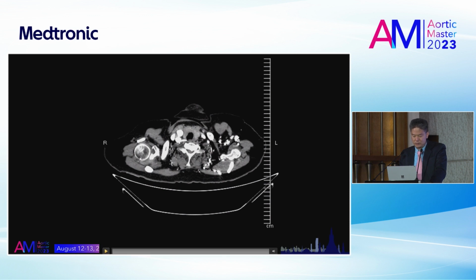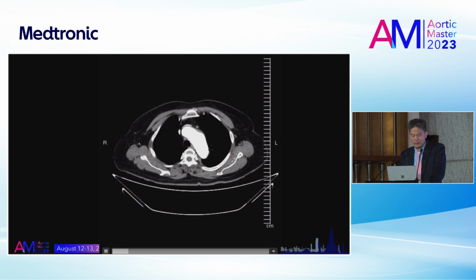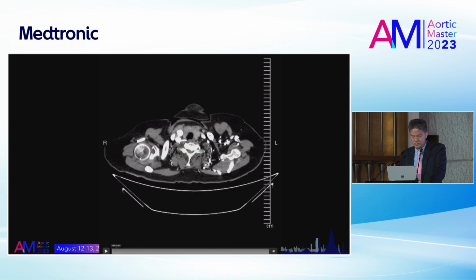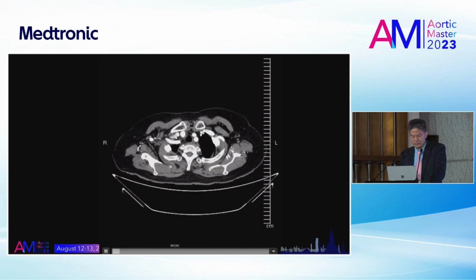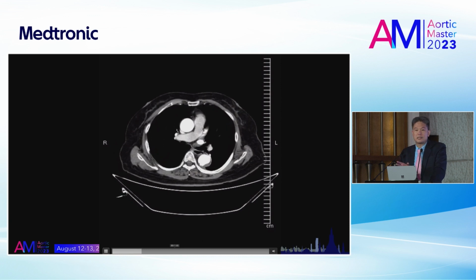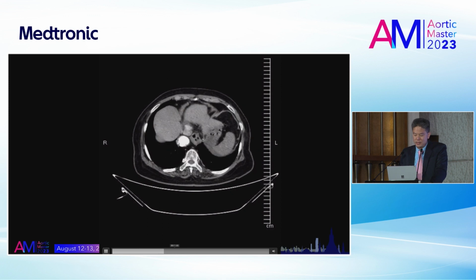Let's see if the video will play. So the patient has an occlusion of the right external iliac artery and a ruptured aneurysm.